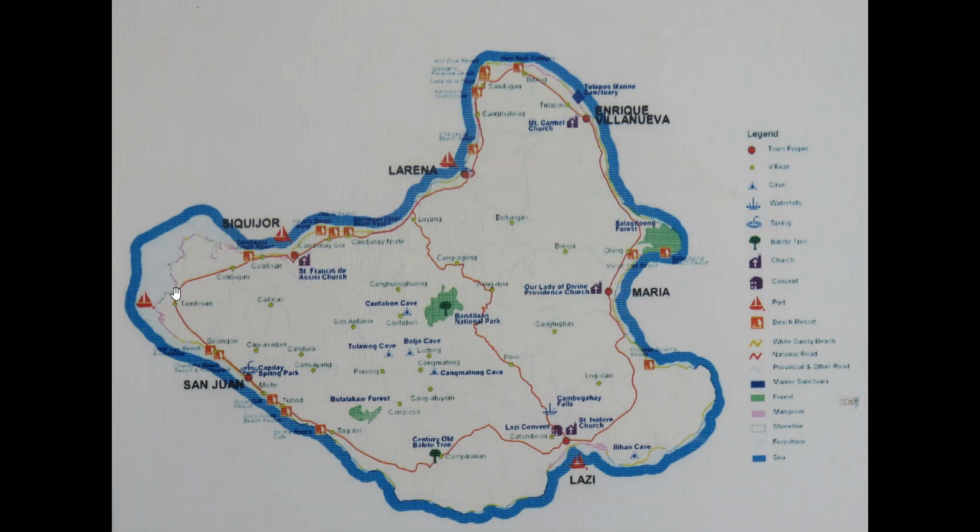And somewhere back in here is that marine sanctuary that I went to, back in here someplace. And I believe over in here there's a very small airport as well, for very small planes, mostly private, I understand, that come in there at the present time. So anyway, then from San Juan I continued on, and there are a couple of